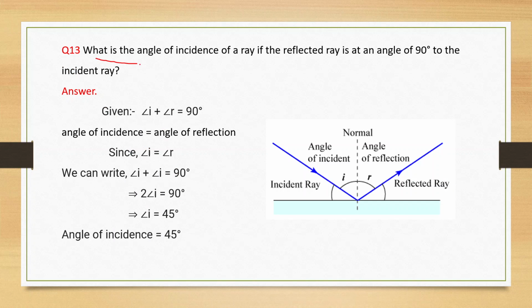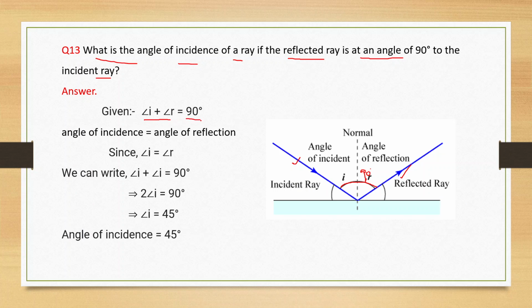Next, what is the angle of incidence of a ray, if the reflected ray is at an angle of 90 degree to the incident ray? ओके, समझने की कोशिश करिए क्या दिया हुआ है. आपको दिया गया है इंसिडेंट रे और रिफ्लेक्टेड रे के बीच का एंगल 90 डिग्री है. इस डायग्राम में देखिए, ये हमारे पास इंसिडेंट रे, ये रिफ्लेक्टेड रे, और ये वाला एंगल is of 90 degree. Okay, and as we know from laws of reflection, this is given, angle I plus angle R